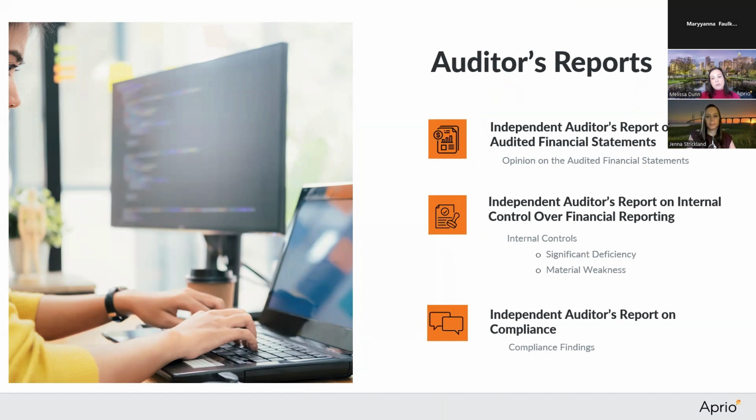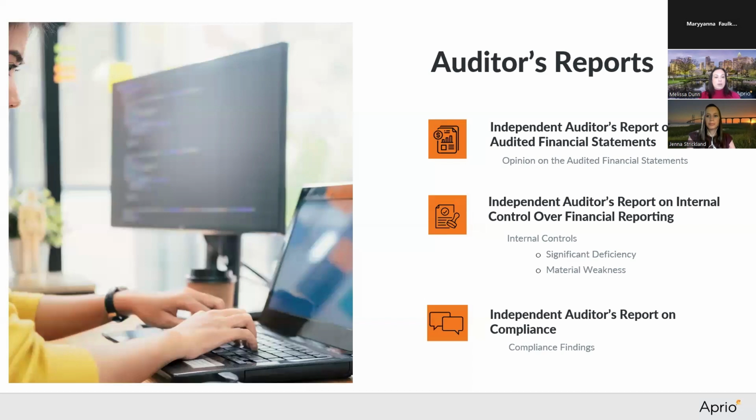So there are a few types of opinions that the project can receive. They can get a clean opinion, which is called an unmodified opinion, which is great news. It means that the numbers are reliable and follow the accounting terms. And then there also could be terms like qualified, adverse, or disclaimer, which are rare when things are running smoothly. So the auditor's report is kind of a seal of approval, and a clean opinion means the financial statements can be trusted by those lenders, investors, and regulators.